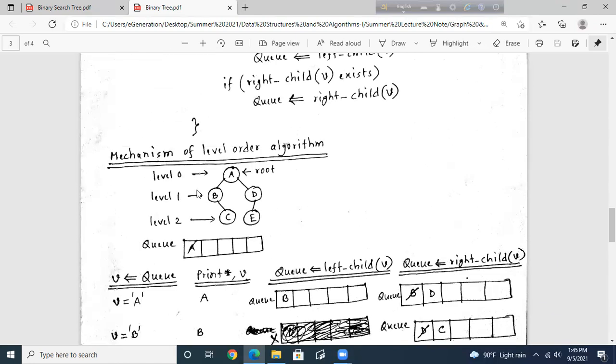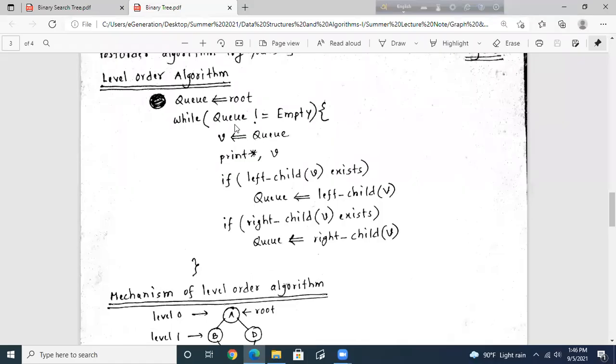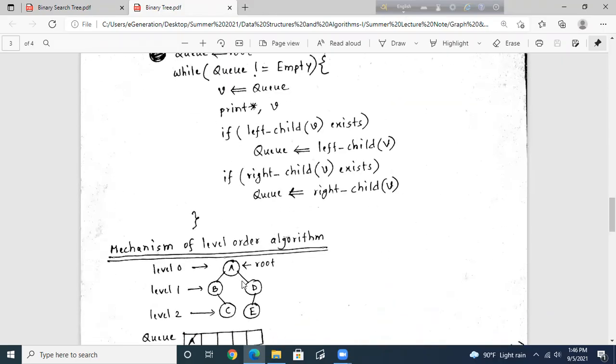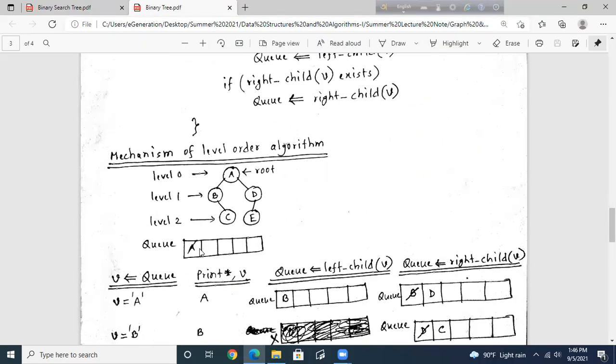লক্ষ্য করো, আমি একটা ট্রি নিচ্ছি। এই ট্রিকে এই অ্যালগরিদম দিয়ে লেভেল অর্ডার ট্রাভার্সাল করব। সবার আগে অ্যালগরিদম বলছে রুটকে কিউর মধ্যে ঢুকাও। এটা গতবার ফাইনাল এক্সামে দিয়েছিলাম। তাহলে রুট হচ্ছে এ, তাই এ কে আমি কিউর মধ্যে ঢুকিয়ে দিয়েছি।